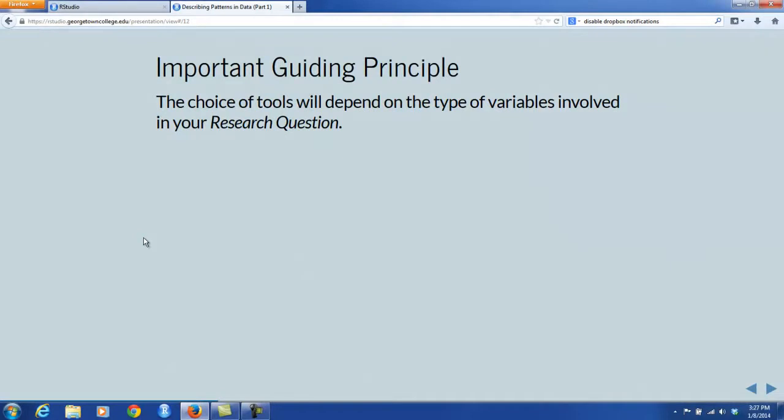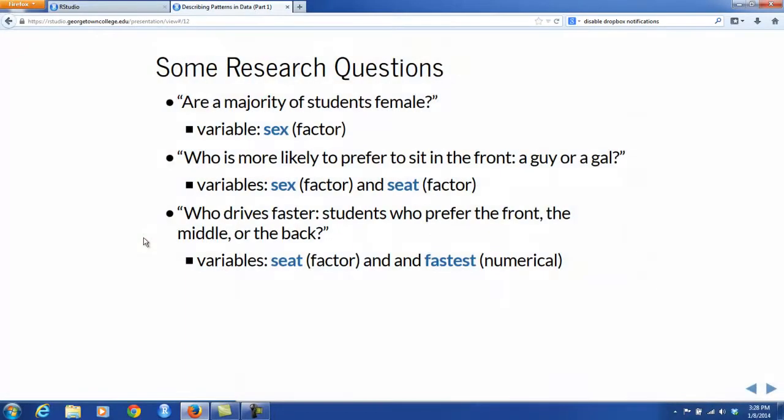A really important guiding principle is that the choice of the tools that you will use really depends on the type of variables that are involved in your research question. So we should get to research questions. What are they? Here's some examples of research questions that you might ask once you're confronted with the Math 111